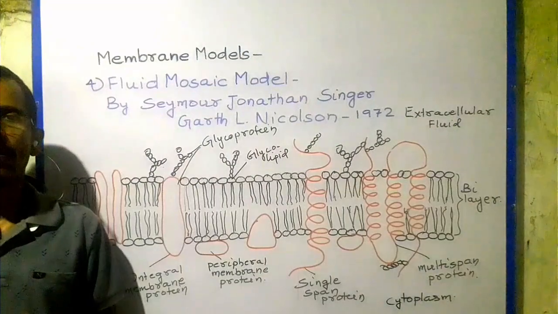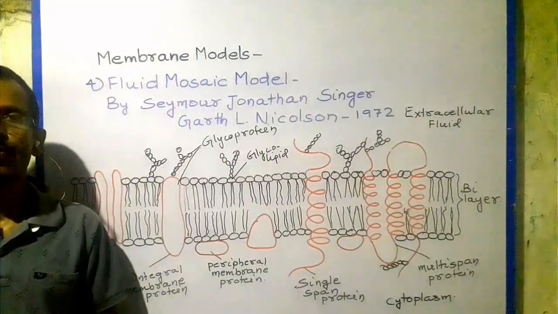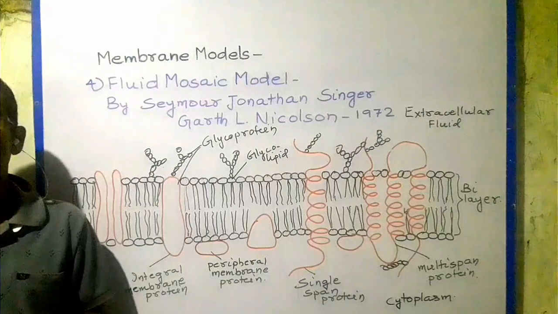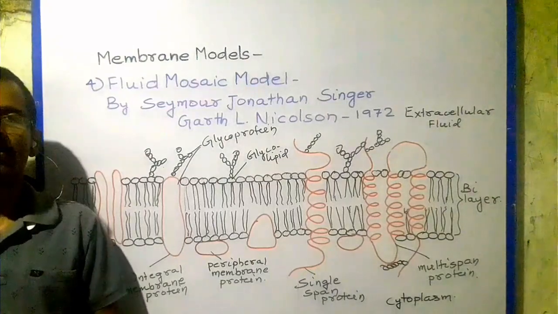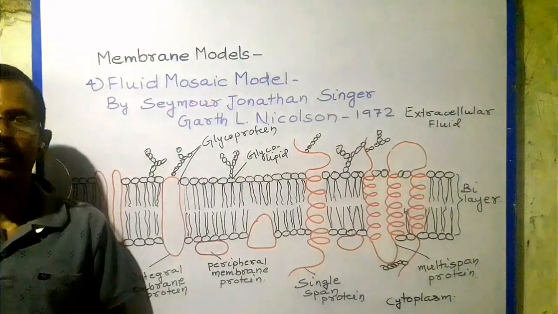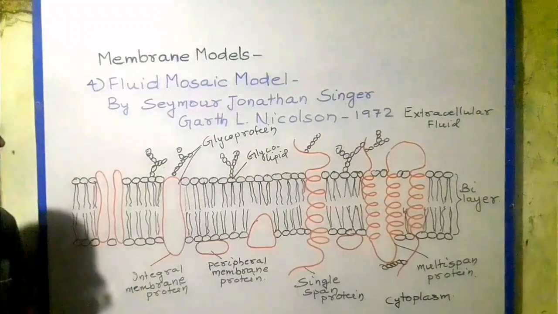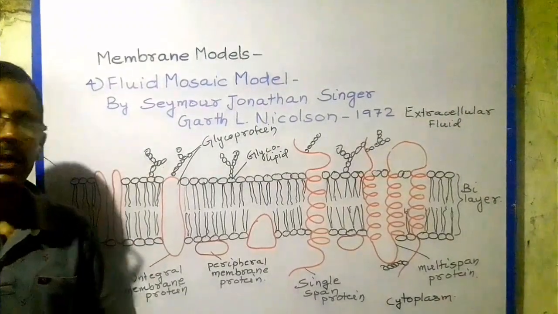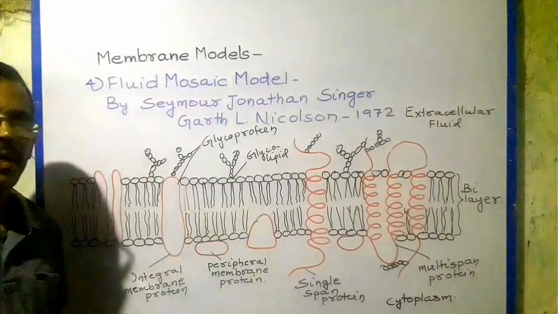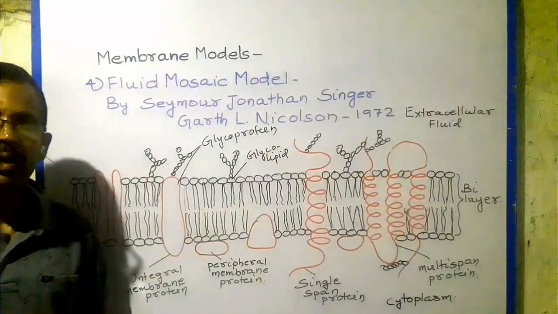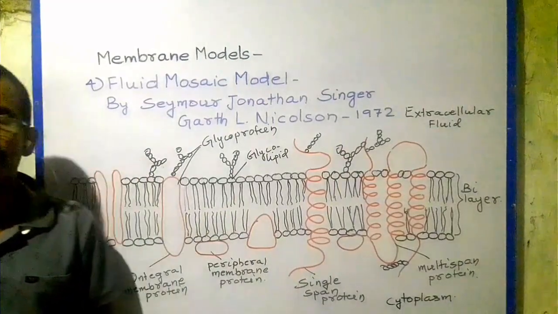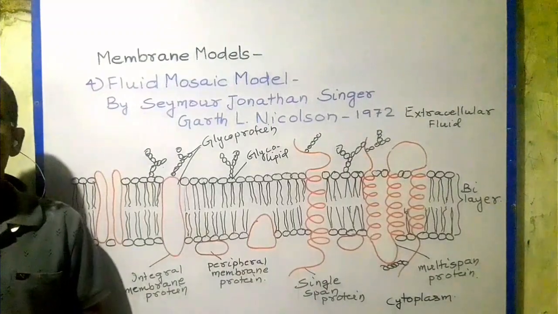The fluidity of the cell membrane is due to the presence of a lipid bilayer that also provides elasticity to the cell membrane. According to this model, the cell membrane is considered as a mosaic of lipids, protein, and carbohydrate